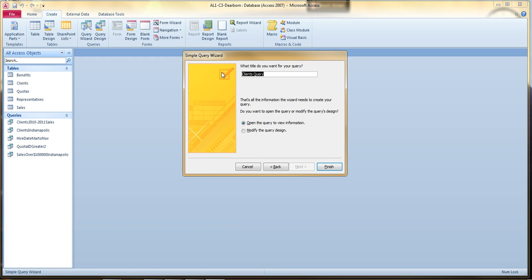And then here, what we're going to call it, we get to title it right here. So let's call it Client 2010-2011 Sales. And then we're going to open the query to view information. If I wasn't sure I was quite right, I could click Modify the Query Design before I actually ran it,